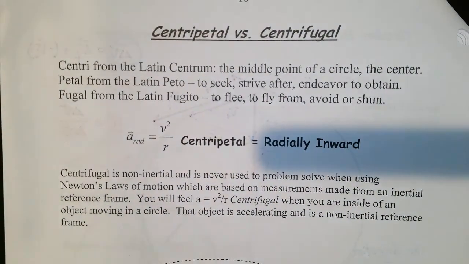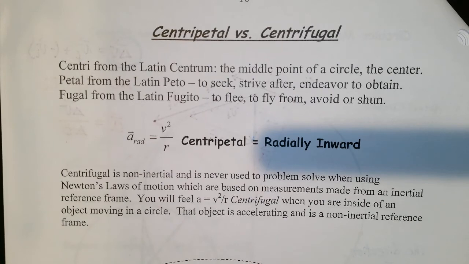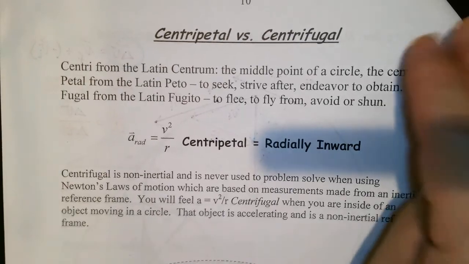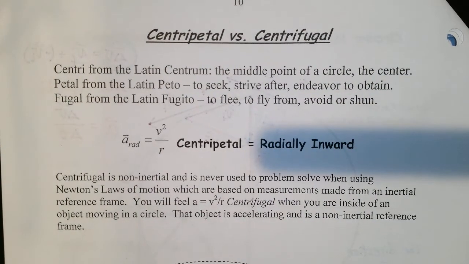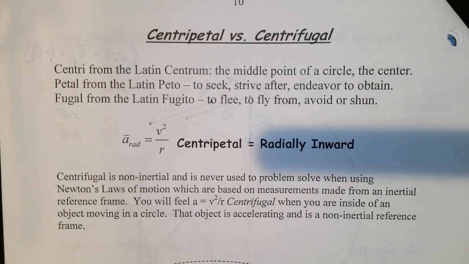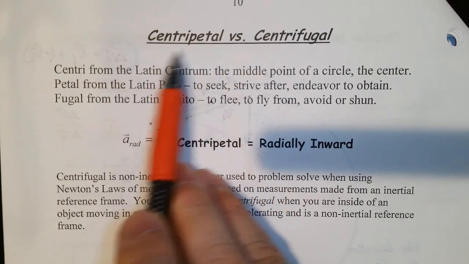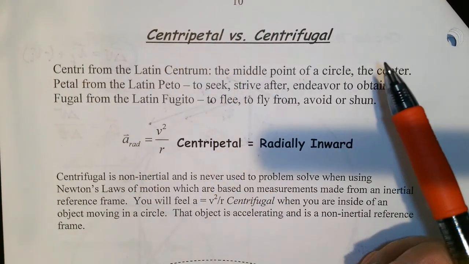And that depends on who's observing what and what's happening to the observer. I know it sounds kind of weird, but there's two different radial accelerations. One is centripetal acceleration, and the other is